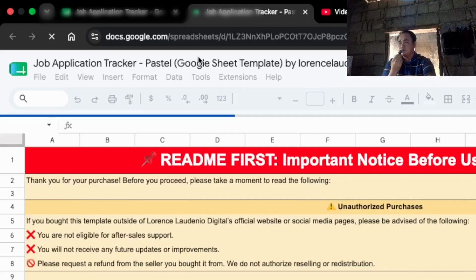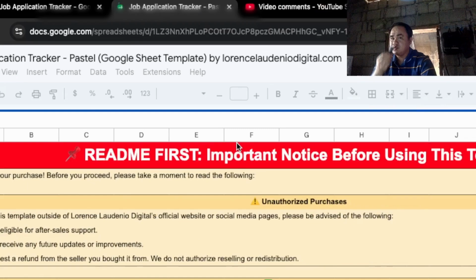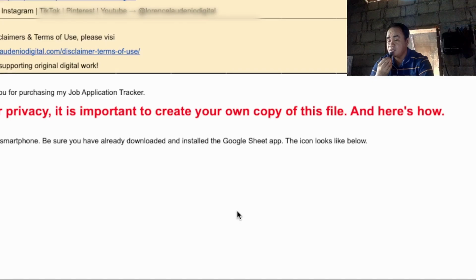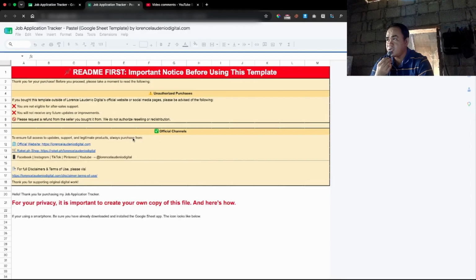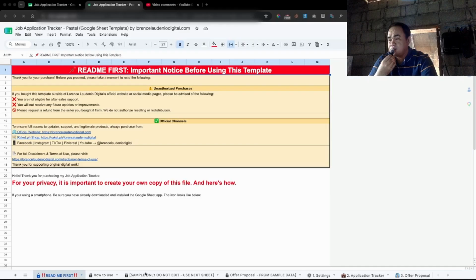This is the front page when you purchase this template. You can also create this template yourself and follow my tutorial. Again, if anything is unclear, you can simply comment down in the comment section, and I will answer those questions if I have time, and make some video. And then this is the simple output if you finish that template.